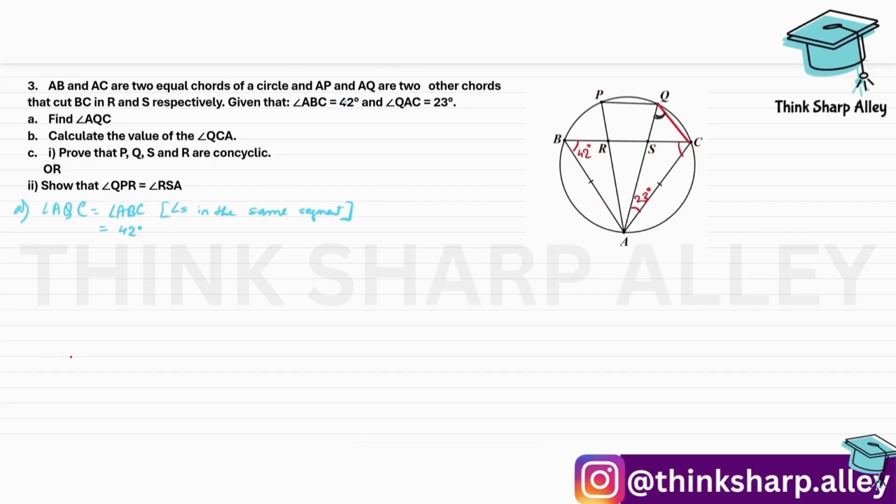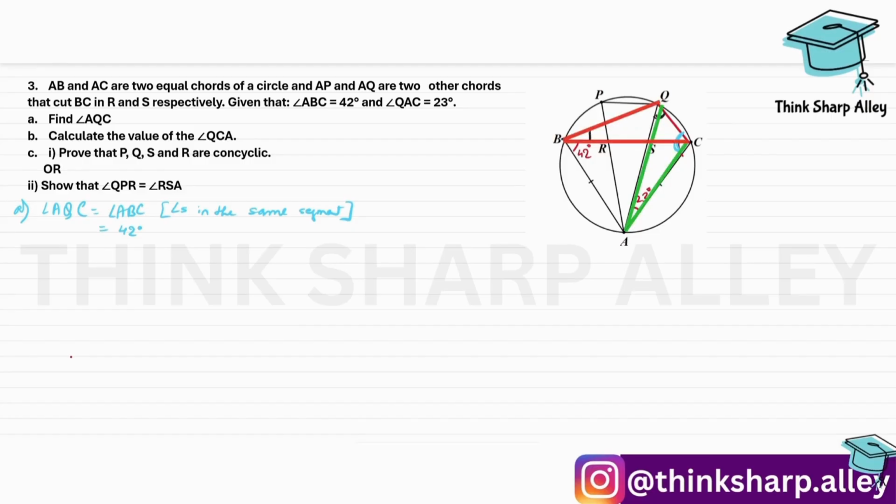Okay, now let us move on to part B, where we have to find the value of angle QCA. If I mark, QCA is this entire angle. Now for this, we are going to join BQ. As soon as I join BQ, you can see we have got a cyclic quadrilateral ABQC. So in the cyclic quadrilateral, we know opposite angles are supplementary. But before we apply that, can you tell me how can I find this angle? This angle is subtended by the segment QC. If you can find any other angle which is subtended by the same segment QC, if you've guessed it 23, then you're correct. So this angle is also 23 degrees.